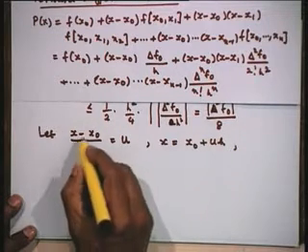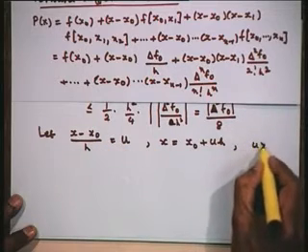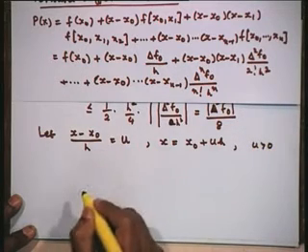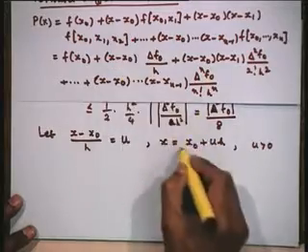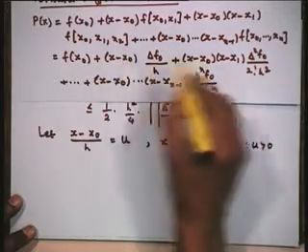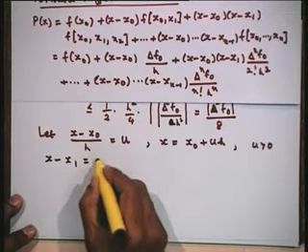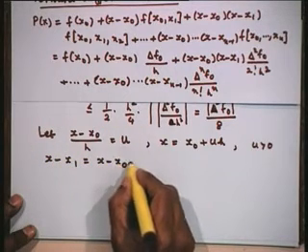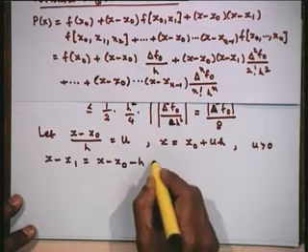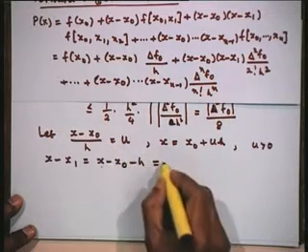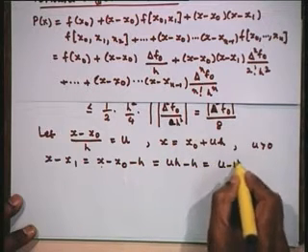We remember that since we are now interpolating at a value larger than x naught, u is always a positive number. Now, I want to substitute for this here. I know what x minus x naught is, so let us find x minus x 1. X minus x 1 is by definition x minus x naught minus h, since x 1 is x naught plus h. So, I can substitute for this. X minus x naught is u into h, minus h, that is u minus 1 into h.